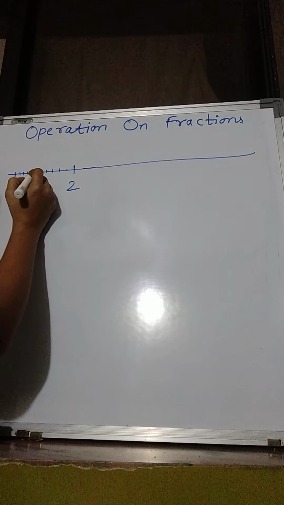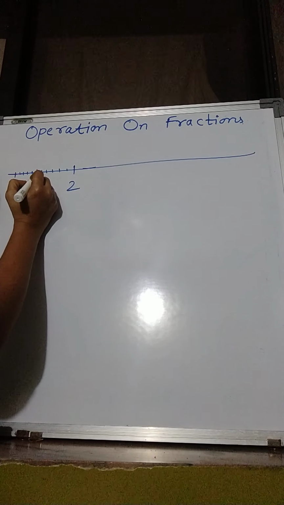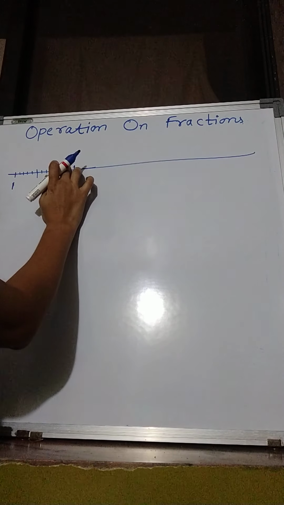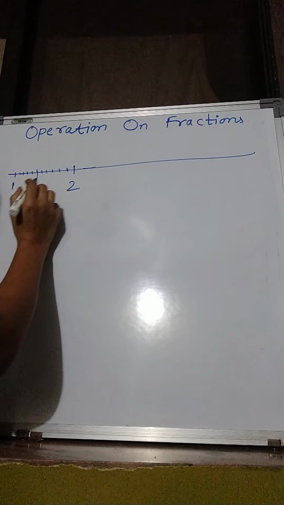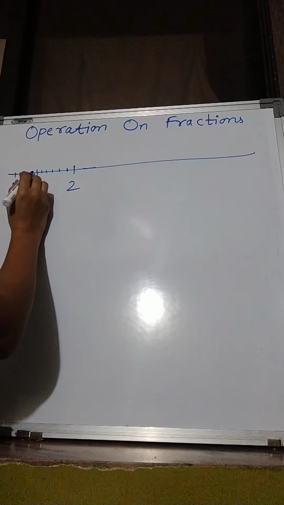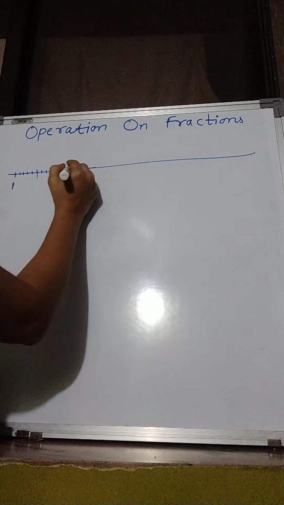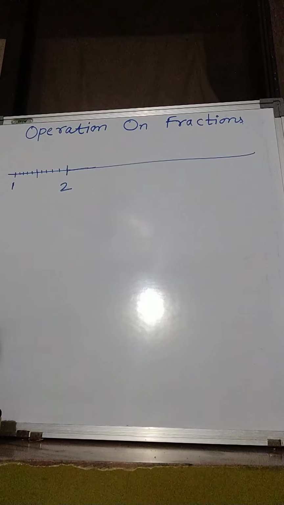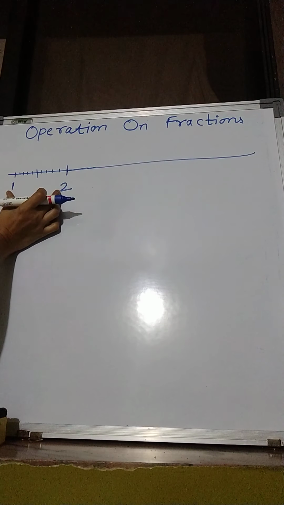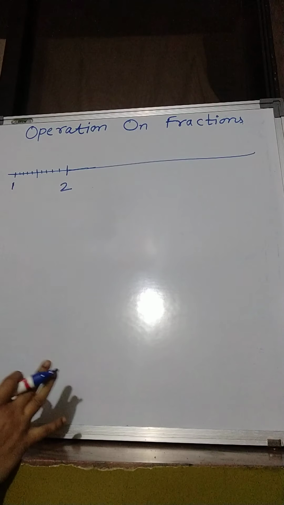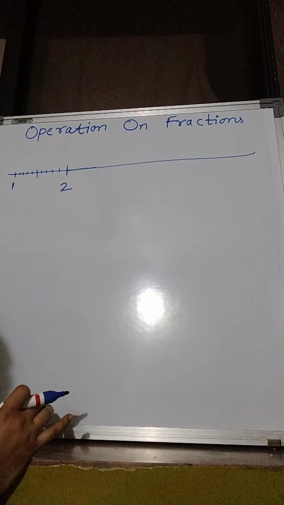These small lines are there, right? Now, after 4, we are making this line a little bit bigger. Why? Because we are considering this middle, little bigger line as 0.5, right? Now there are 10 lines, which means this part of the ruler is divided into 10 small parts, right?